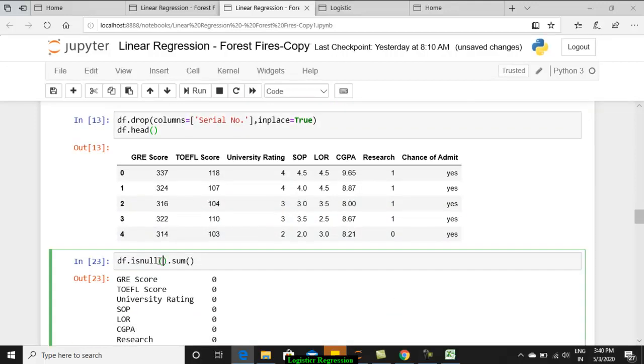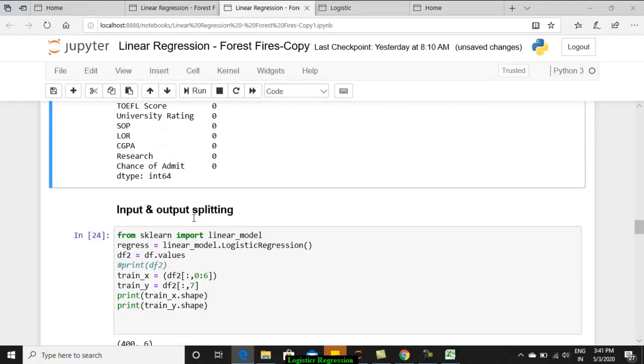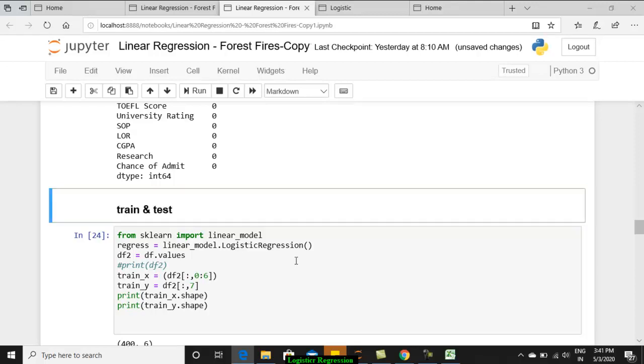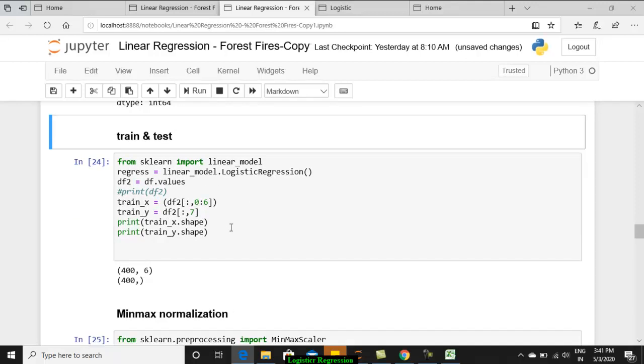Okay. Now we are going to check whether there is any missing value in the data set or not. So I'll just execute. So no missing value is there, and hence we go on. I haven't split input and output here. I'm just going to use the training and test data set as the same data set. If you want, you can split the data set into training and testing, and you can do that. Since my concentration is not on explaining that, I have left it.